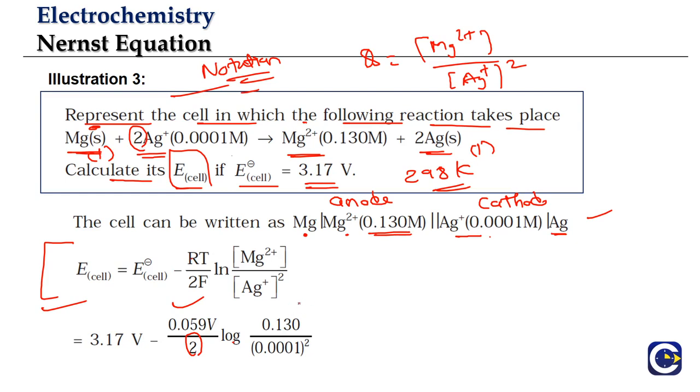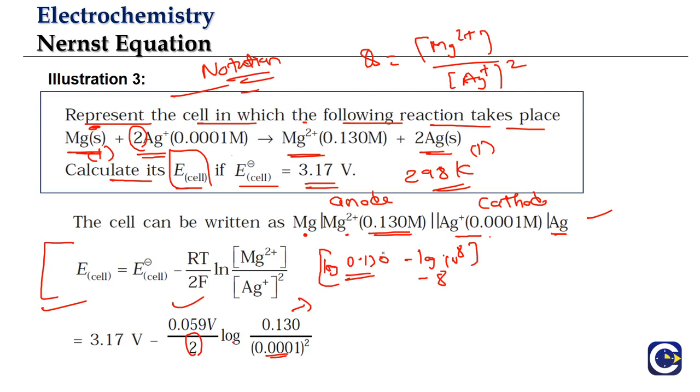So here we will be doing a little bit of simplification. If you look at it, this is nothing but log of 0.13 minus log of, this is 10 power minus 4, square is there, so 10 power minus 8. So 10 power minus 8 in the denominator will become 10 power 8 in the numerator. So log of 10 power 8 will be 8. And we have to simplify this particular logarithm using the log table.